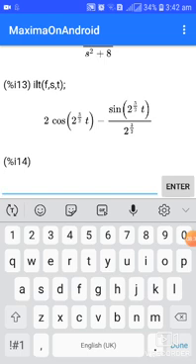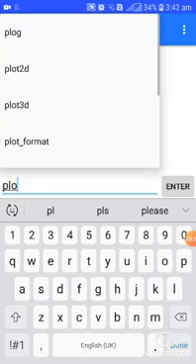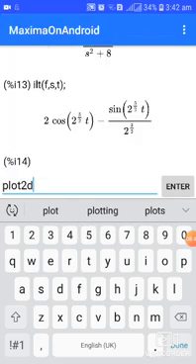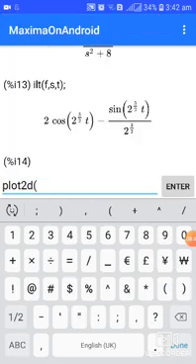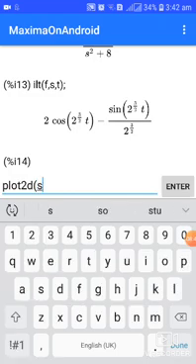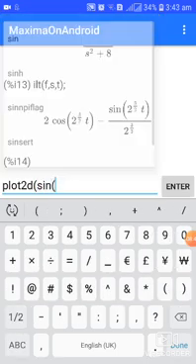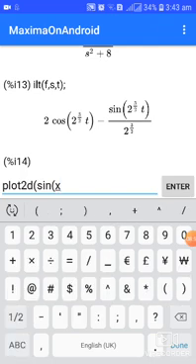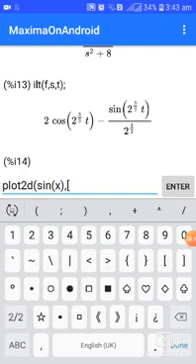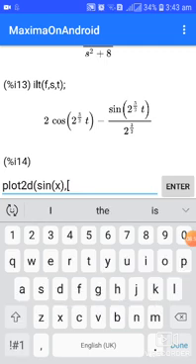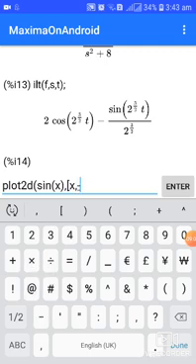But here we are using Maxima. Then you have to type plot2d, sin x. Our function is sin x. Then within the interval, x varies from minus 2 pi.